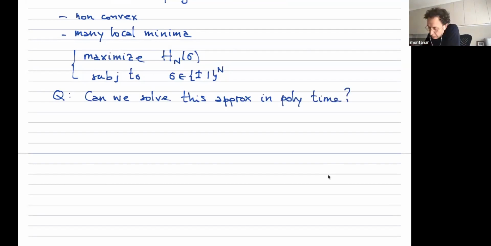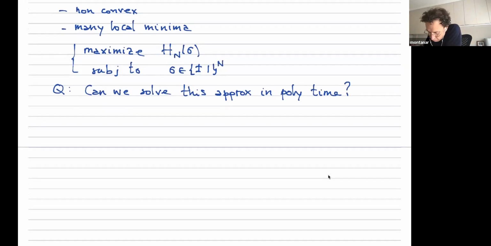If you want to be a little bit precise, I want a polytime algorithm that takes as input the sequence of tensors W_k, and spits out as output